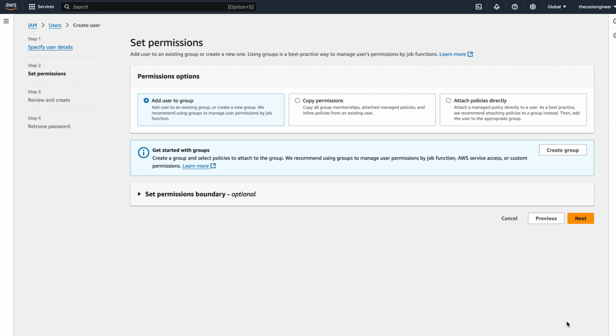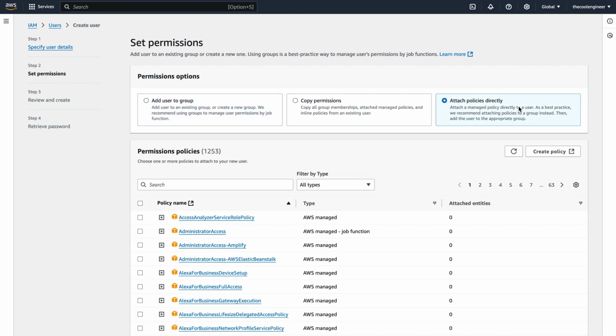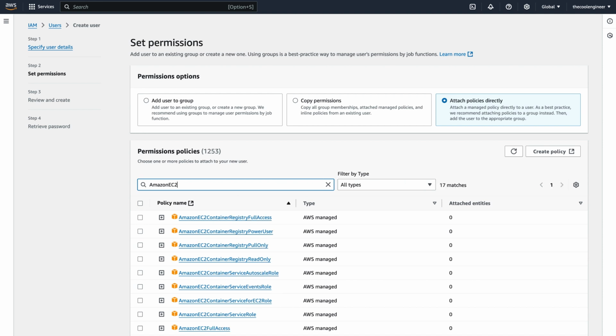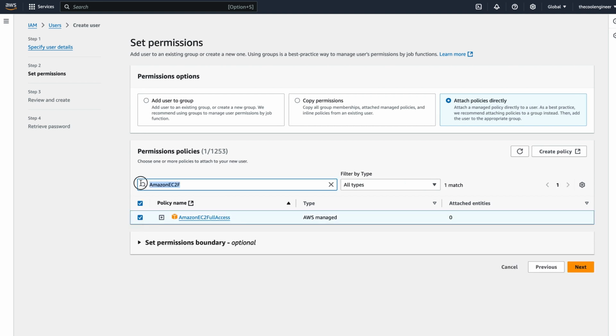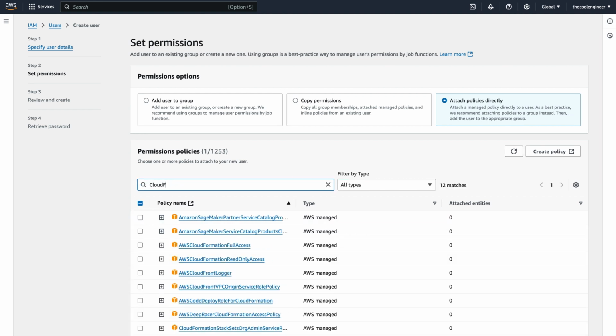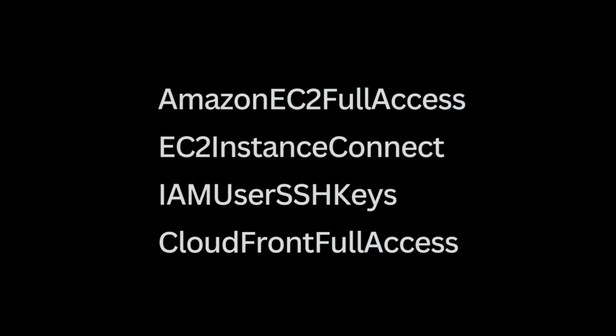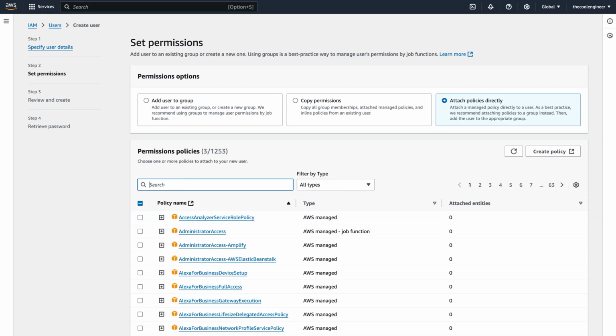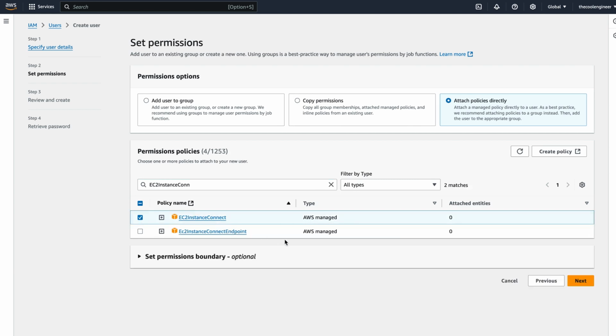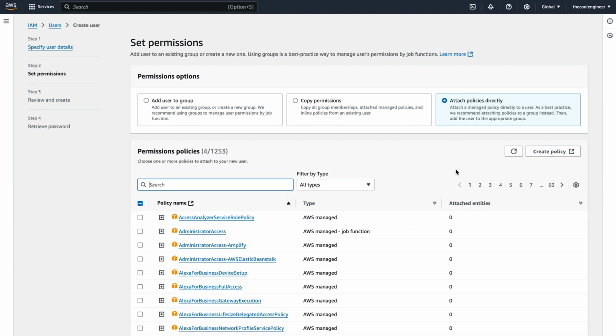On the next page, select Attach Existing Policies directly. In the policy search box, type in the policy names. When we request access, we'll specify exactly which permissions are needed. We typically request these 4 types of permissions. Once you've selected the policies, click Next,